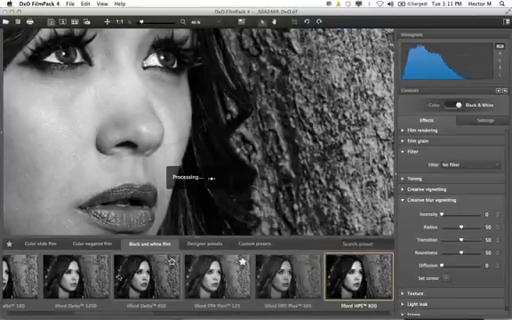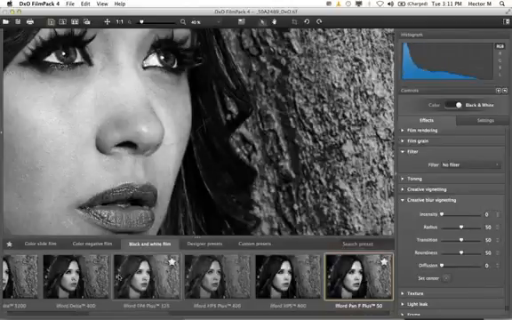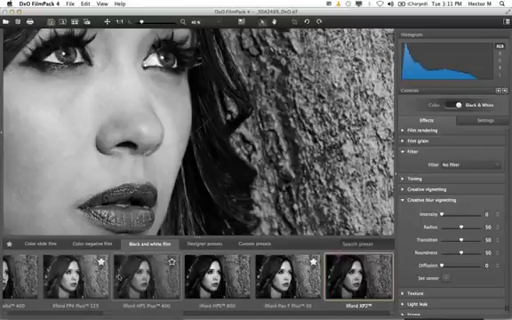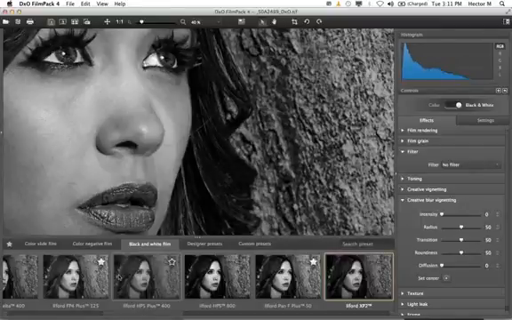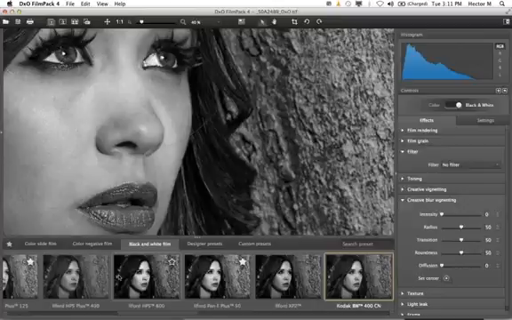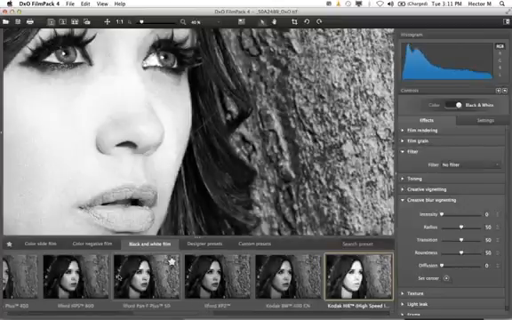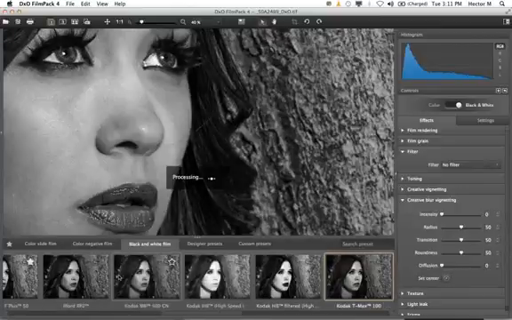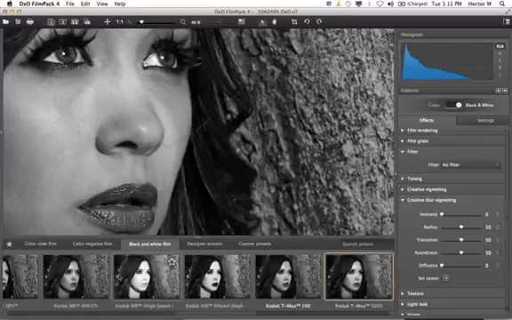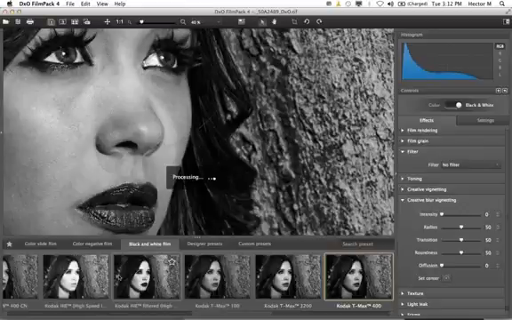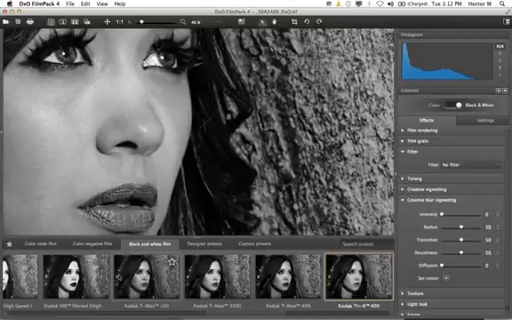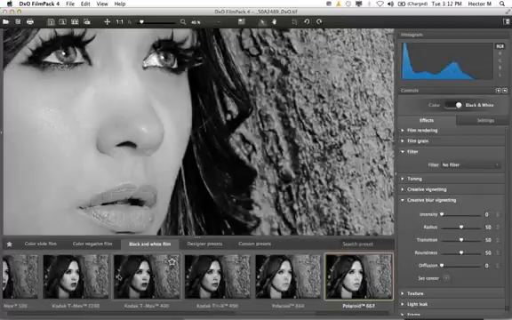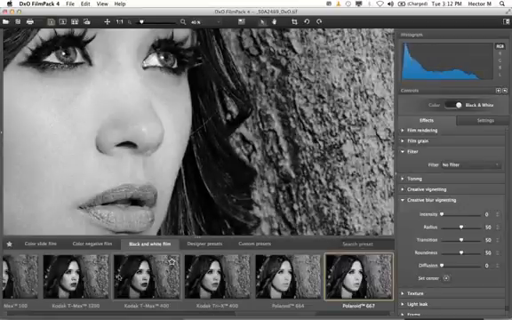We have our Ilford HP5 800, our Ilford XP2, your Kodak high-speed infrared, your Kodak HIE high-speed infrared, your T-Max 100, one of my all-time favorites, T-Max 3200, your T-Max 400, your Tri-X 400, Polaroid 667,